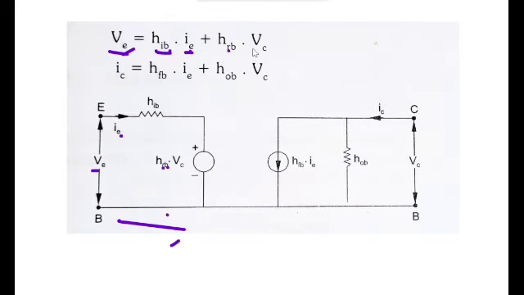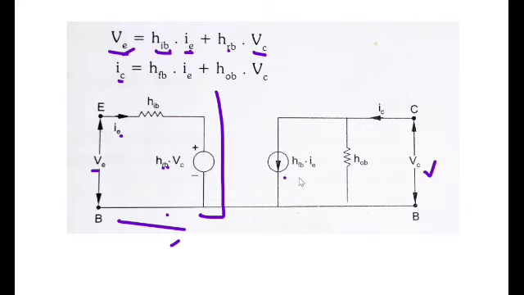So VC is here in the general nominal equation, that is h12 into V2. Here V2 is the output voltage, so the output voltage of a common base configuration is VC. So here V2 is replaced with VC. This is the first equation, and it completely satisfies the first network in the circuit. This is the first network in the circuit, and the first equation satisfies the first network. And if you go to the second equation, that is I2 is equal to h21.